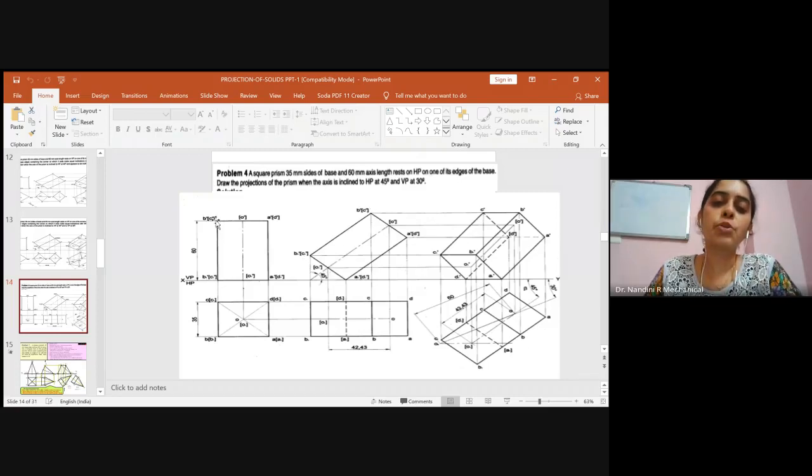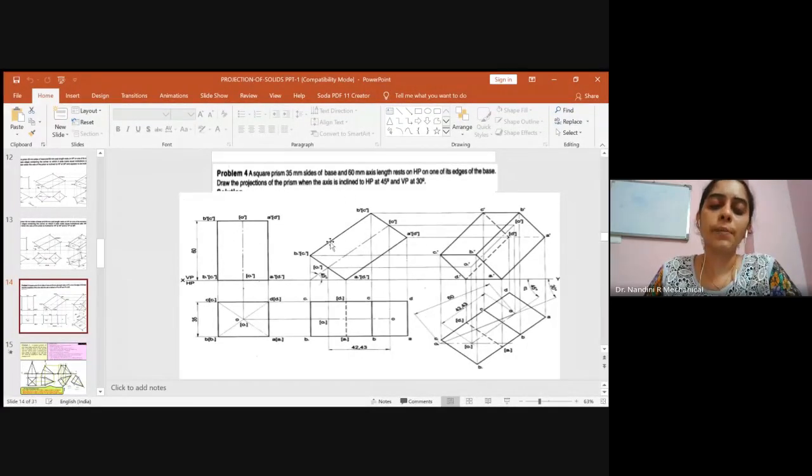After that, you measure the true length here, how much it is. Cut an arc. Measure the true length. Keep one end of the compass here. Cut an arc. After that, join all the three lines here. So you got the tilted front view. So please darken it immediately. After darkening, do the naming as mentioned in the first stage.